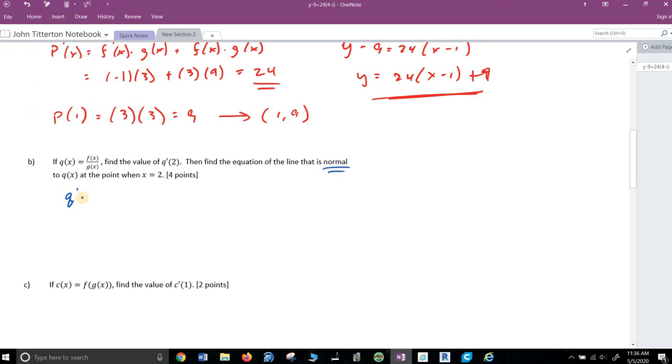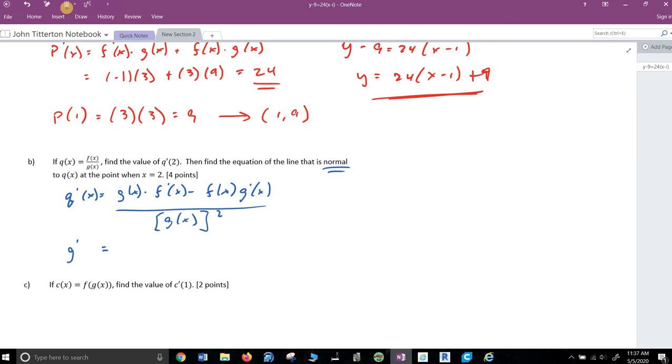So q prime of x equals g of x f prime of x minus f of x g prime of x, over g of x quantity squared, and g prime of, q prime of 2. I think I want. Yeah, sloppy on my